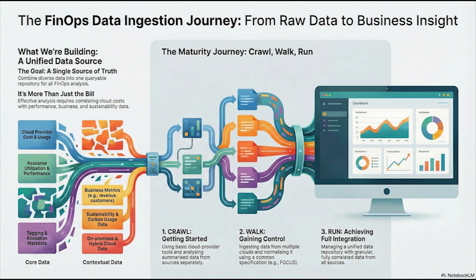So what's the bottom line measure, the ultimate KPI? It's actually really simple. It's the percentage of your total cloud cost that's available for reporting in that normalized format. If you run a report and it only shows 90% of your actual monthly spend, your ingestion process has a 10% failure rate. The goal is 100% every day.